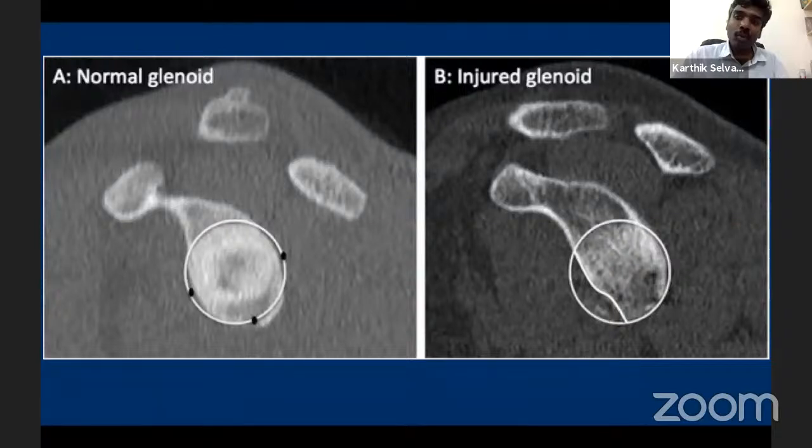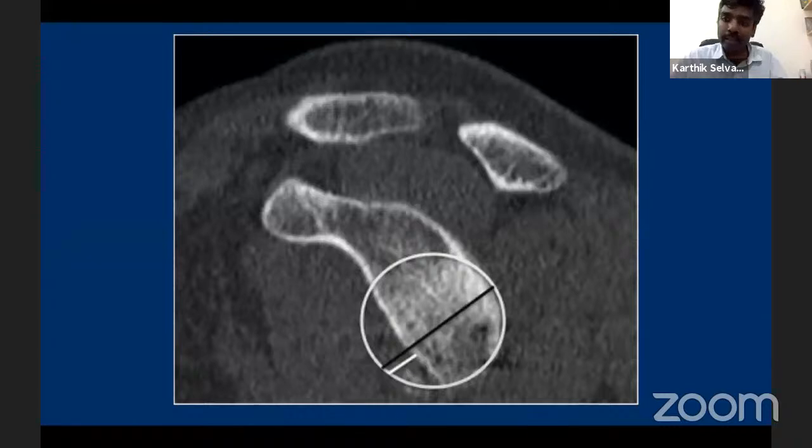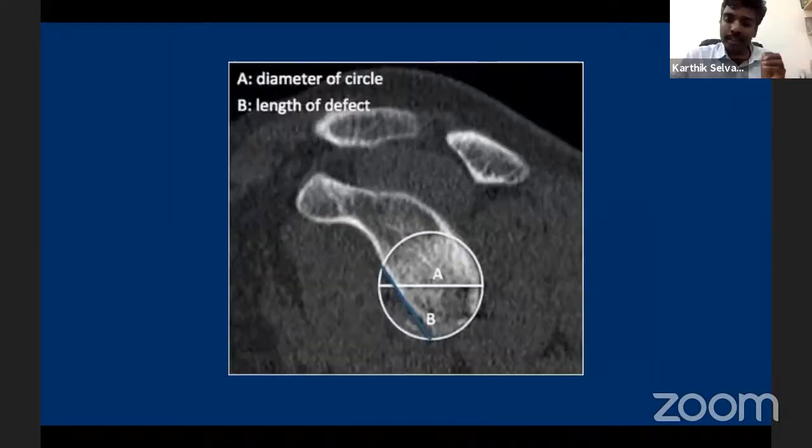So all you can do most easily is this, the width measurement. That's what Aditya says he does. And that's what most of us do. And if you do this right, it is accurate to the most extent. All you need to know is how much bone is lost, because that is only one factor in your decision making. This is the standard technique by Gerber. This, I think, a lot of people still use.